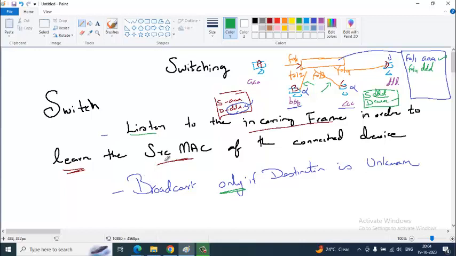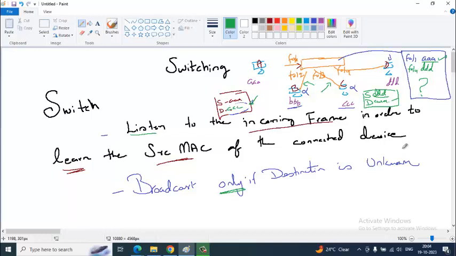Fine. Now, a very important thing I'm going to say is, let us assume A is trying to talk to C now. A wants to talk to C. When this frame approaches, there is nothing to learn because the source is already learned. But when it looks for the destination CCC, it is a big question mark.